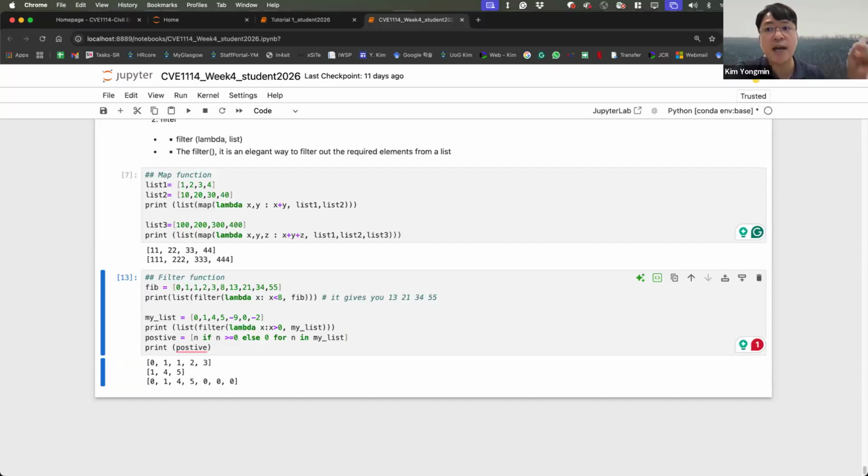More than 35, just display as it is, and only less than 35, improve to 45. For n in my student list of 2,000, it works.